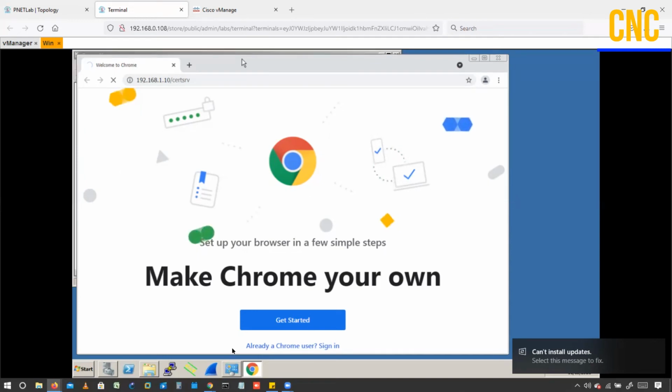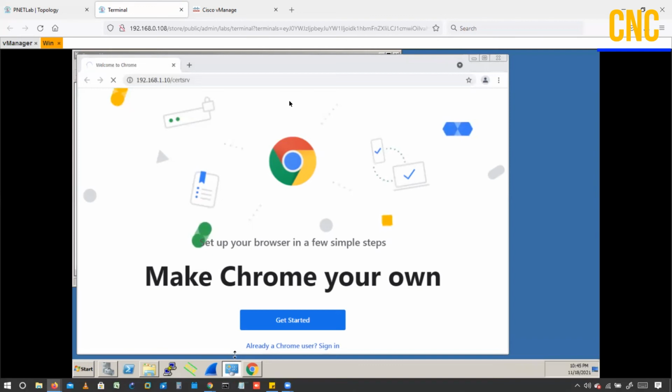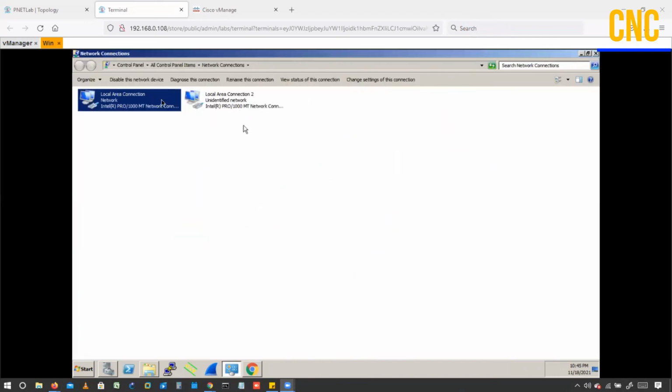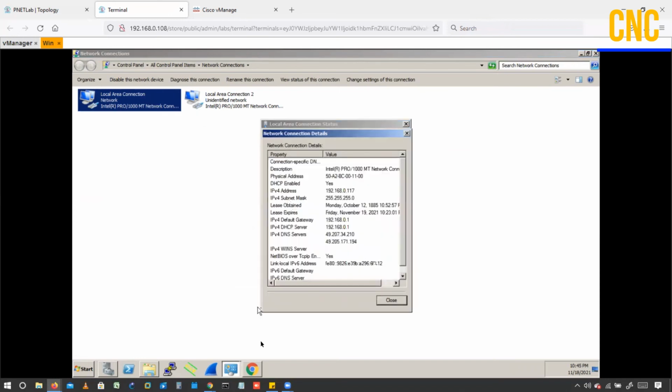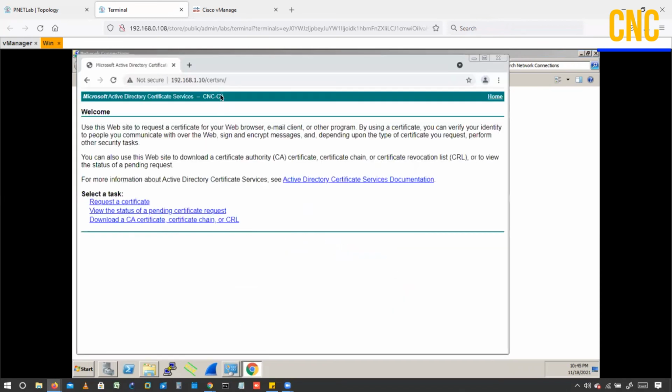Should be accessible. Just wait. Let me try with this IP address. Okay, we can access.